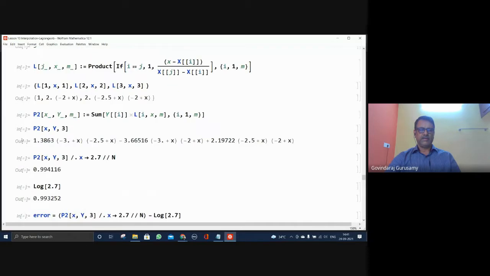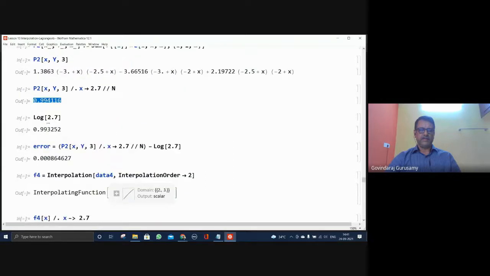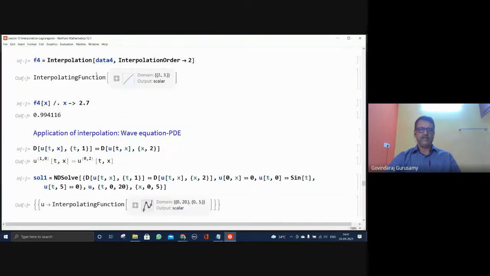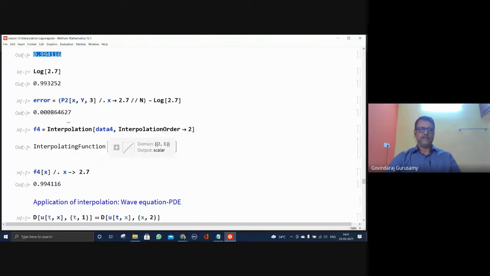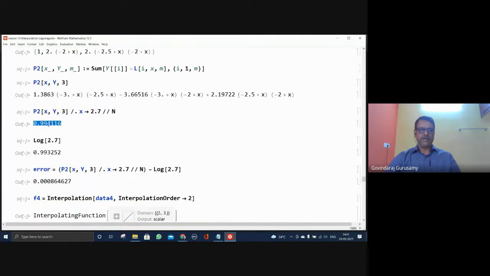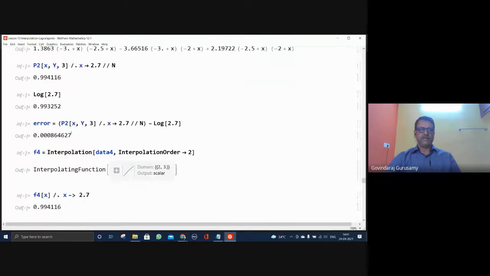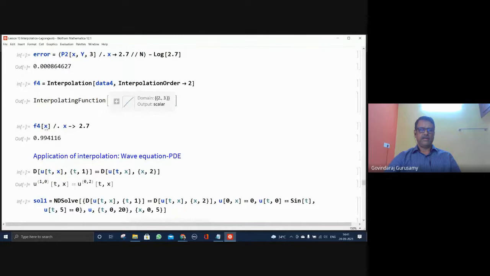You have enough to find P2. Find that and substitute. This is the number that you will get. This is the exact number, this is the error, and follow the interpolation method. You have the number given here, 994116, whatever we have found, but we are getting it again by the Mathematica code interpolation. F4, substitute x, this number is exactly the same.